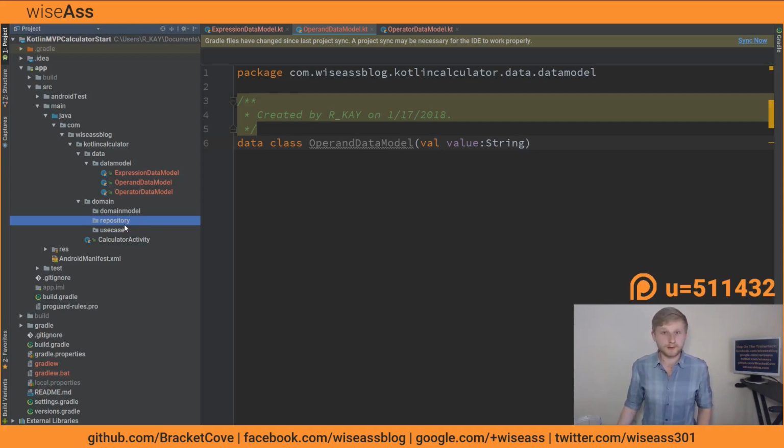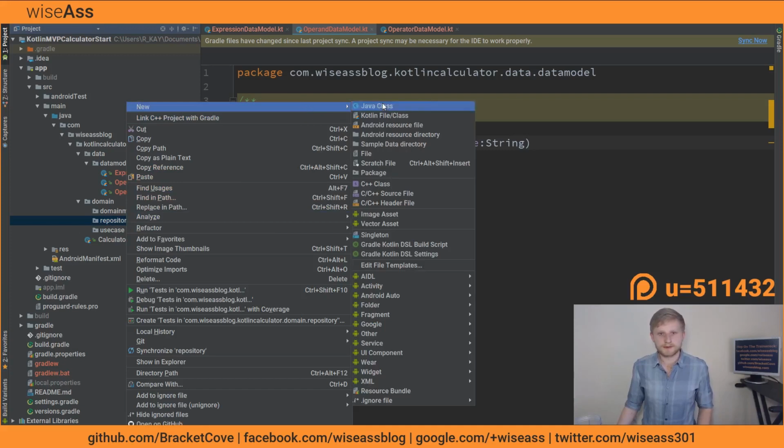And since our interfaces won't include any kind of APIs within them, they're essentially just collections of method stubs or function stubs. That would be the kind of thing that I like to see in the domain layer. So anyways, again, you could do it a little bit differently, but that's just sort of the way I've picked up on doing it. So what we're going to do is we're going to right-click on repository, go to new,